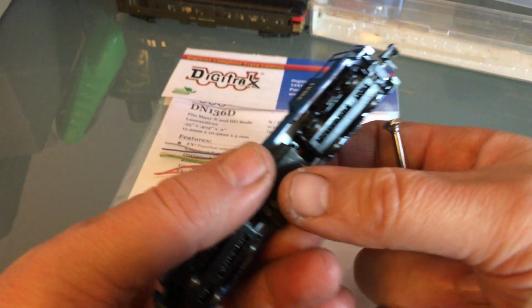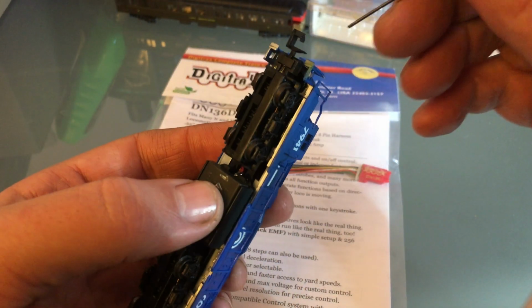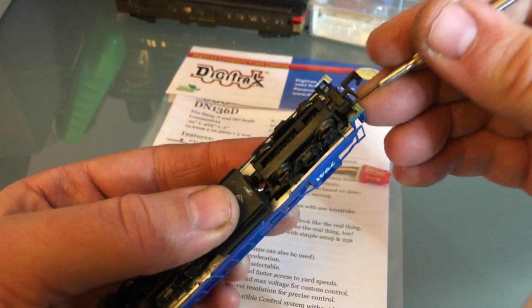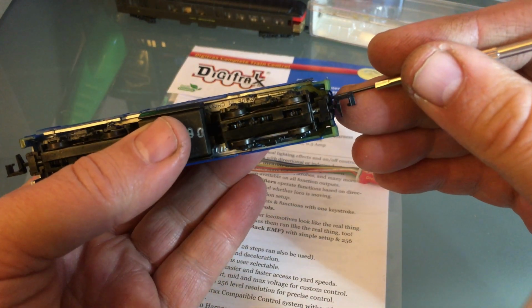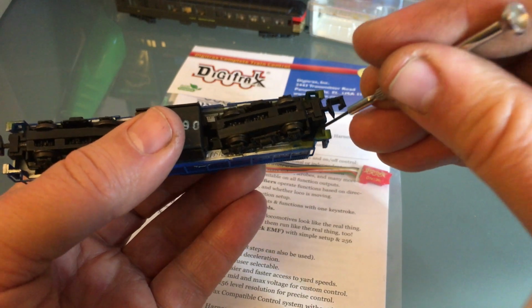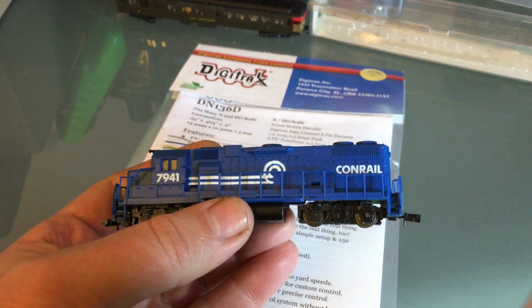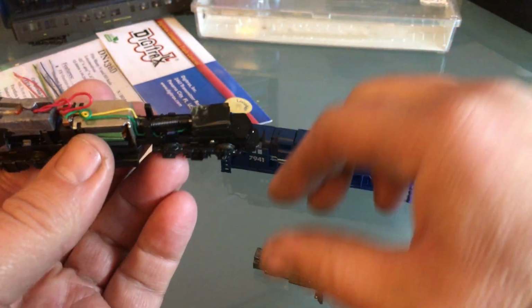For the shell removal, you just spread out the shell and pull from under. And then there's two little tabs at the front that you can lift out. So go ahead and lift that out. And then pull the middle part, pull the little middle part out. And that will release the shell. And then there should be weights here that help